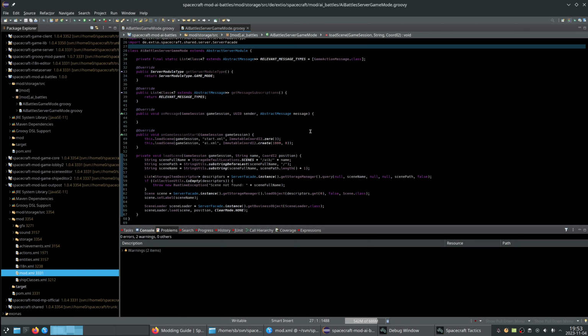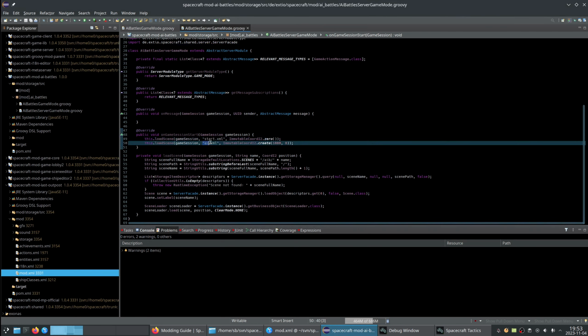And then I just created a second method to actually load a scene. And yeah, it loads the start XML and the AI XML. So these 2 scenes I created earlier. Another argument is also the position where to spawn that scene. Load scene. First of all, we have to